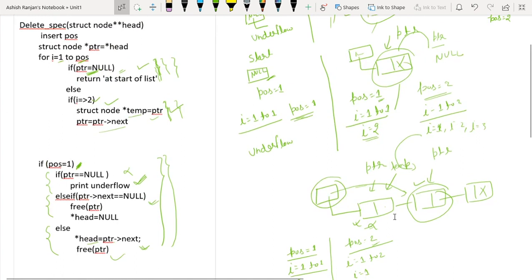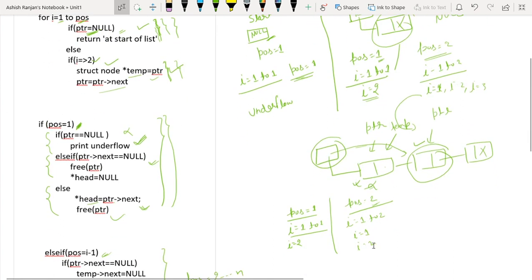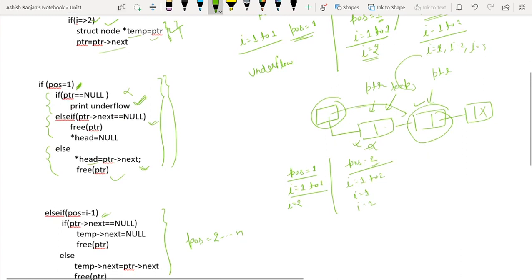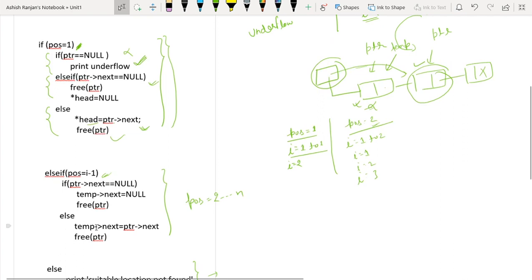For I equals 3, the loop will become false. So here we will check is pos equal to I minus 1, so the condition is true. PTR's next is not null because PTR is this. Here what is happening? Temp's next is equal to PTR's next, so temp will start pointing to this node and will free PTR. Okay, we will make this node free.